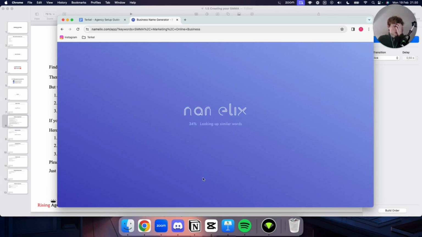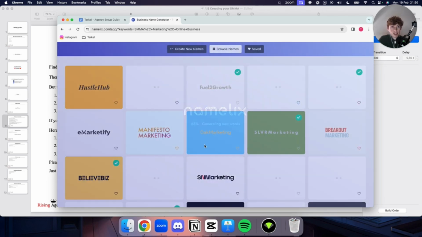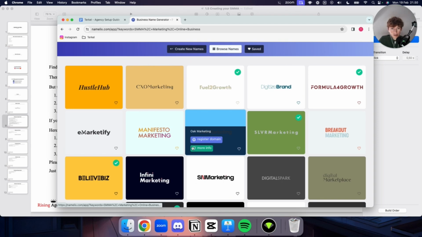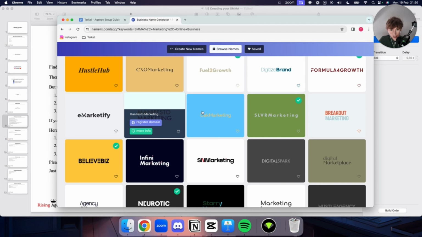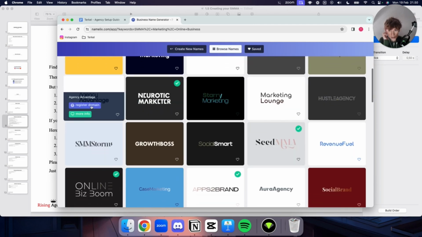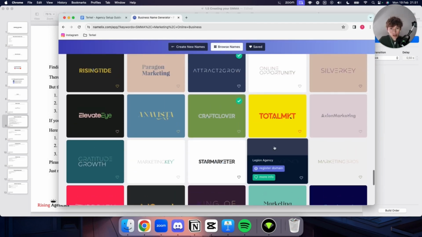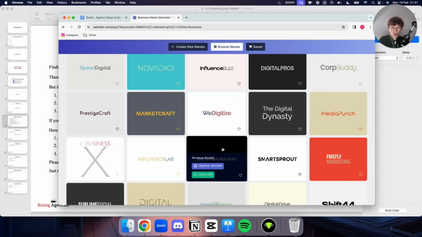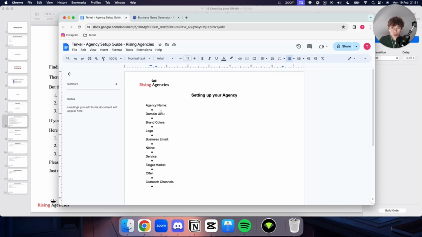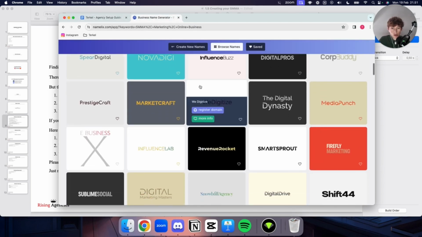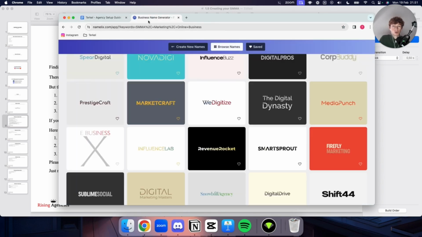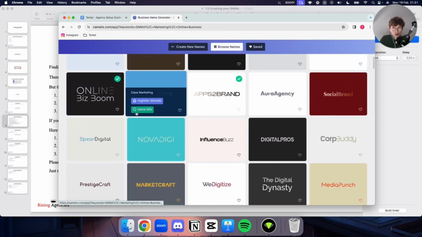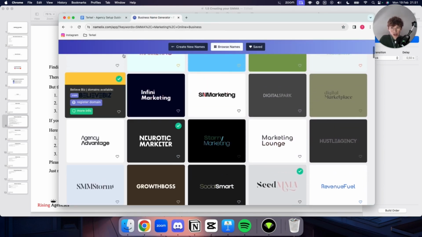Then it's going to give you a lot of possible names for your agency that you can look at. So you can see Breakout Marketing, Oak Marketing, Agency Advantage. That's pretty good actually. So just find one, because you want to look at it this way. That's why I have this open. You want to put all of these domain ideas you have inside of this, and just put 2 to 5 ideas in that you liked,